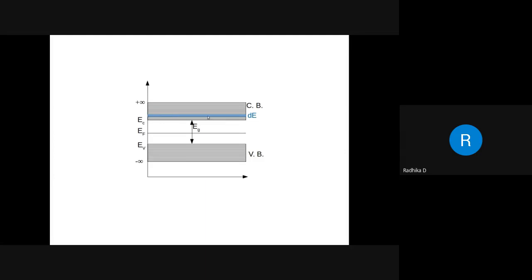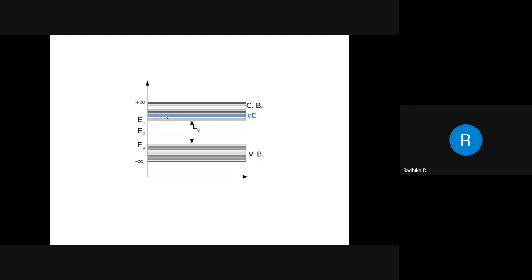Now, here is the point. We have taken this small elemental area dE. It is not very small, that is the reason we are not saying delta. We are saying it as dE, a differential form, a small energy interval dE. Within this energy interval, first you get an expression for density of states. Then you have your f of E, probability. You are going to multiply and find the number of electrons. If this is for a small energy interval dE, how can I get the total number of electrons which are there in the conduction band?